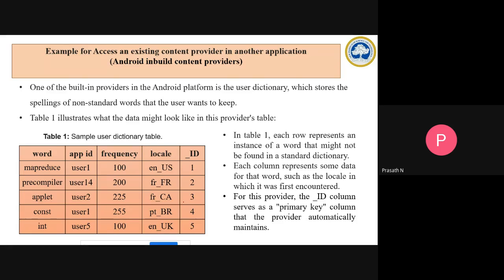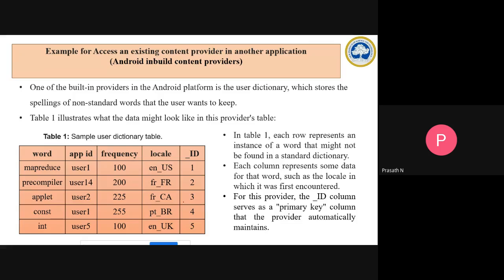Okay, so for this provider, the ID column serves as the primary key. Primary key is nothing but, how do you say, a roll number. Even though you have a name, you can differentiate with the help of your date of birth, your father's name, mother's name, your place. You can differentiate your identity with the help of many identities. But we also primarily use a particular key to uniquely identify a person, so that we call it as